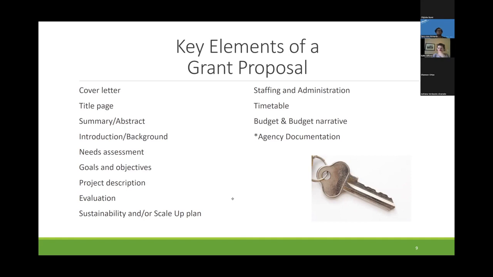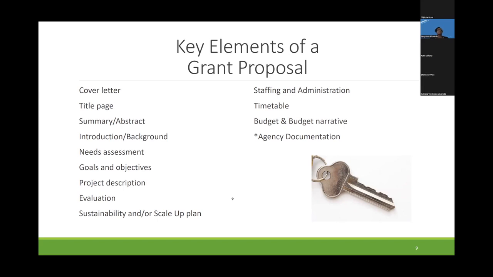So what are the key elements that you typically do find in the request for proposals? Usually you have to draft a cover letter, some kind of title page. Usually there's very specific instructions about this, or if it's online, those details will be in there. And believe it or not, the title page can take a while, especially if it has very specific information that you may or may not know about your organization. All of those sneaky little tax numbers and signatories and all of that goes in the title page. So if you have any gaps in your understanding of who's who, that can take a little while longer to complete. A simple summary or abstract, again, usually specific information about how many words and how that should be structured.